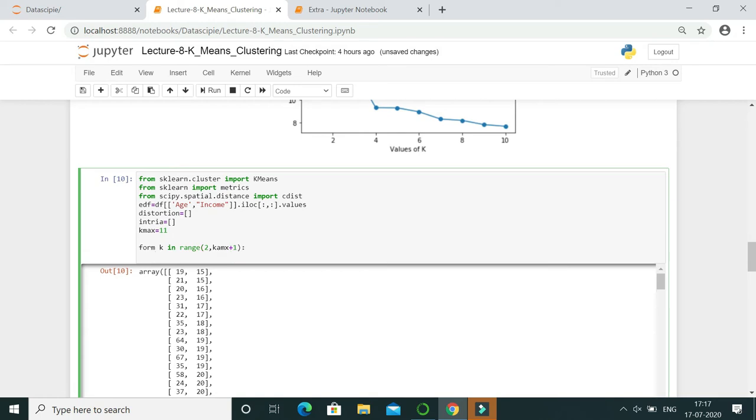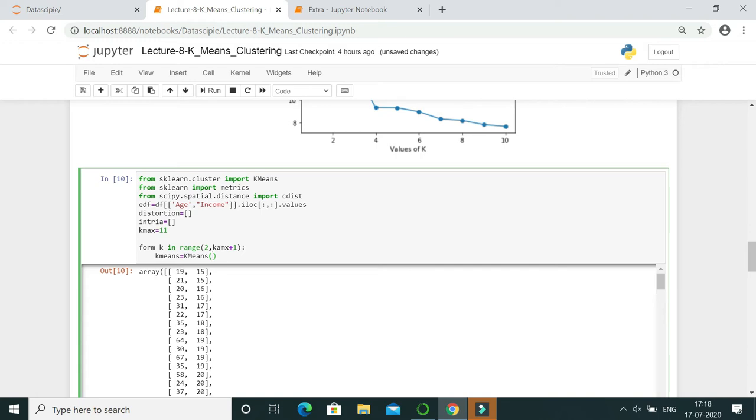Next we would check our predictive analysis for each cluster. For that we develop a K-means model. So kmeans is equal to KMeans, and how many clusters we have to consider here.